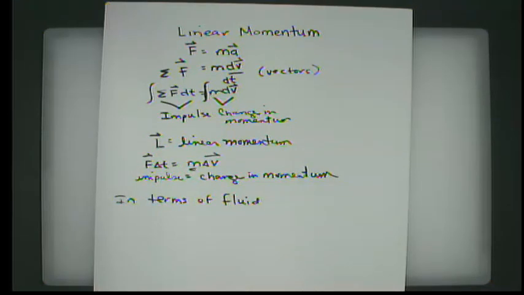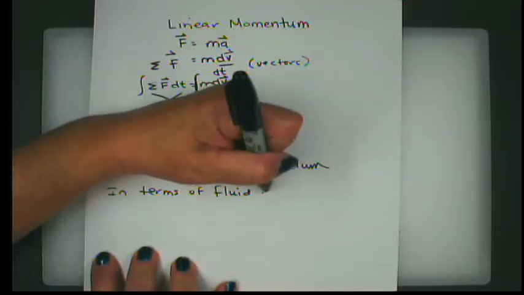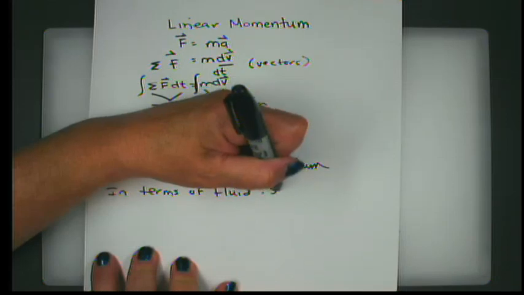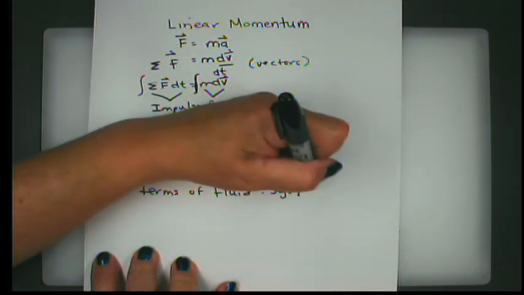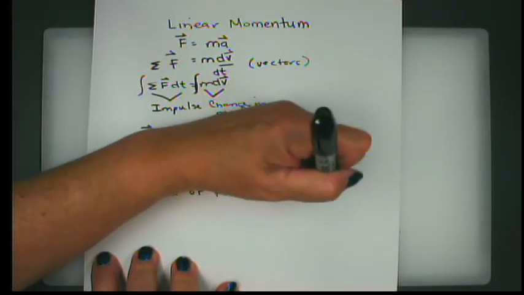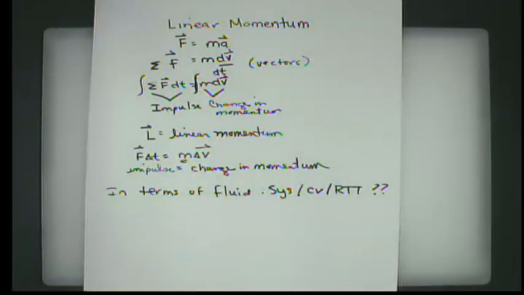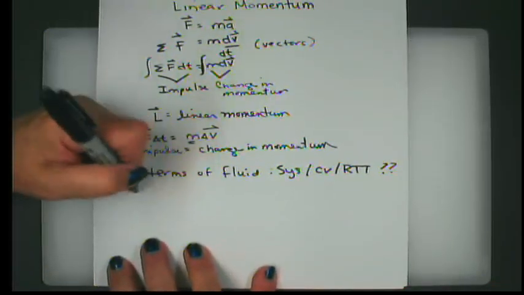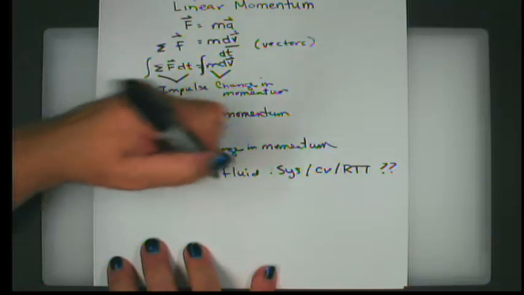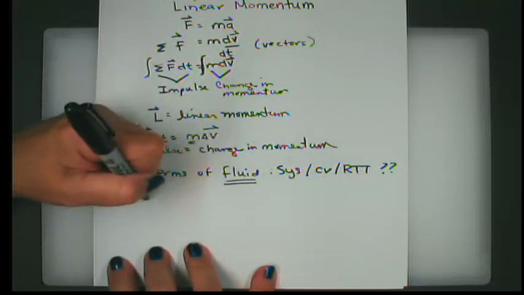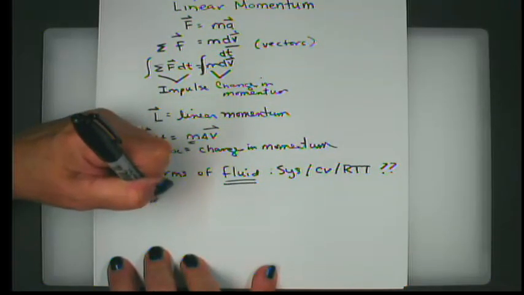But for a fluid, are we looking at it in terms of a system? Are we looking at it in terms of a control volume? Or are we going to use Reynolds transport theorem and look at both, or the connection between one and the other? And so the answer is that for a fluid, we begin with the material derivative,